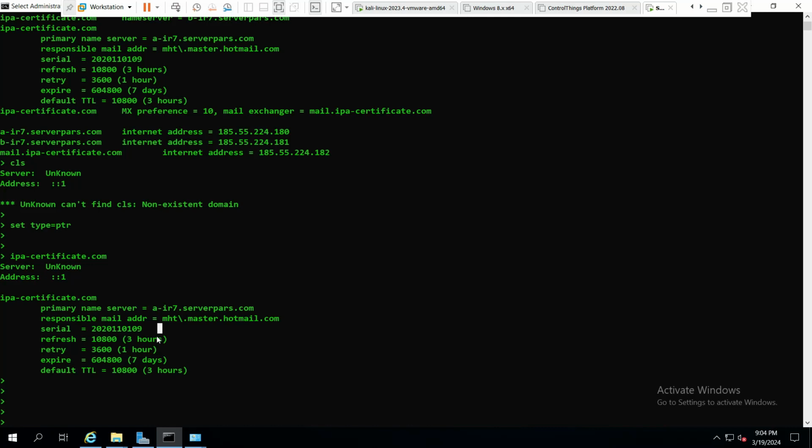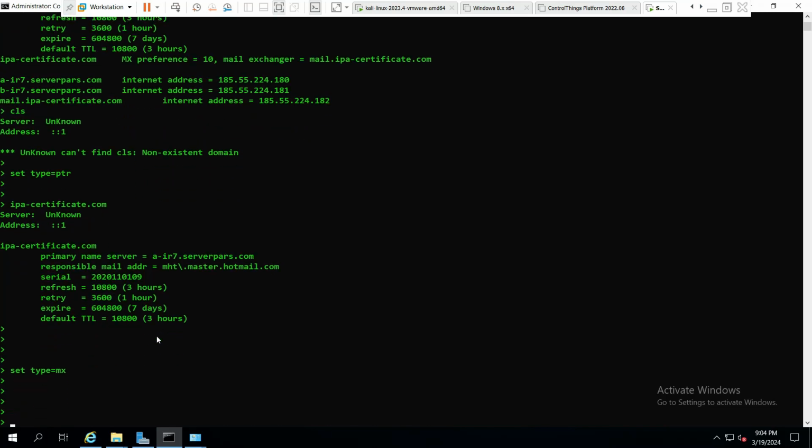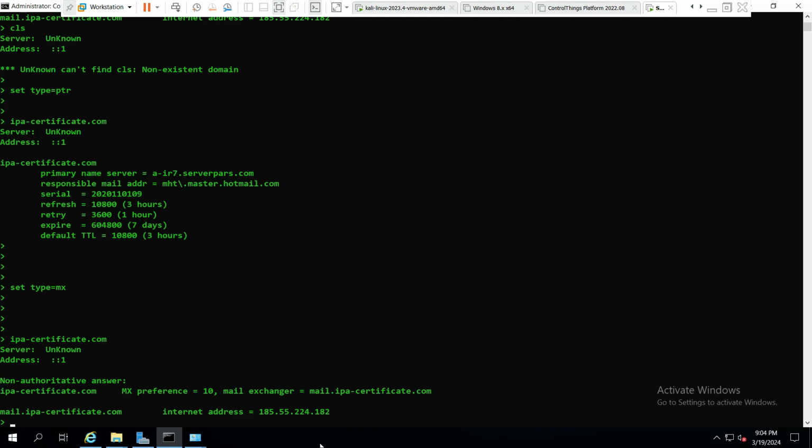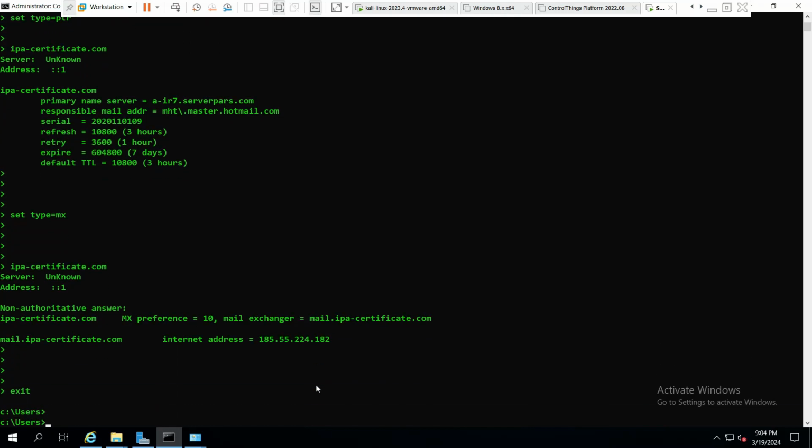I can use set type equal MX or mail exchanger. It will show me the mail server, and enter it again. This is the mail address, mail.ip-certificate.com. This is the mail server address. Okay, exit,